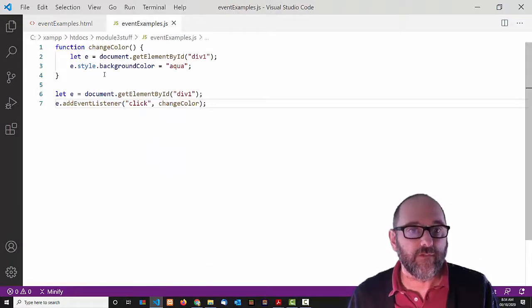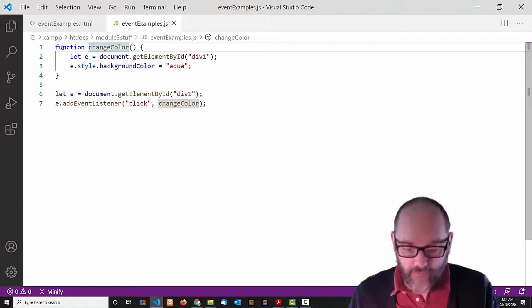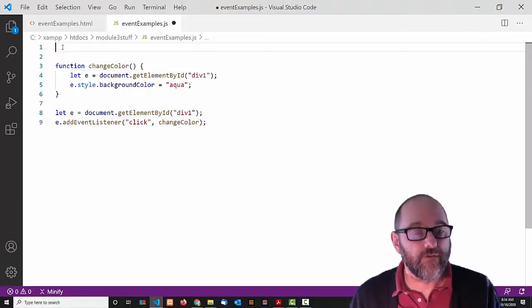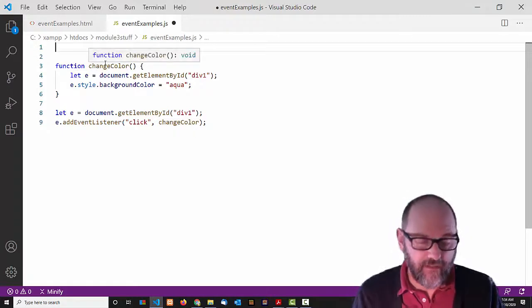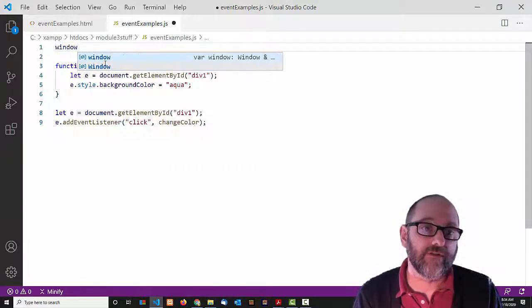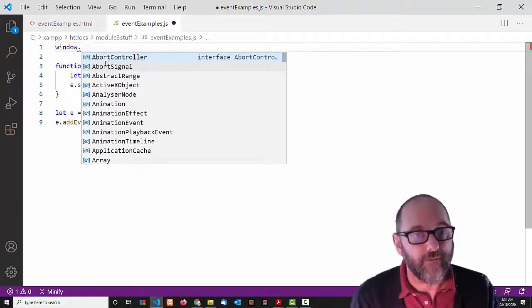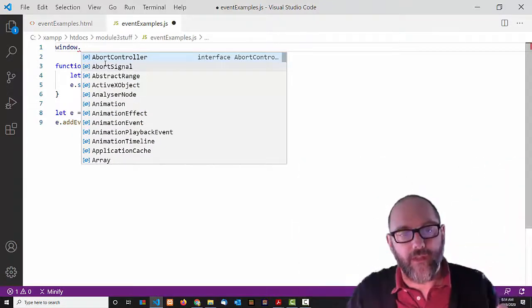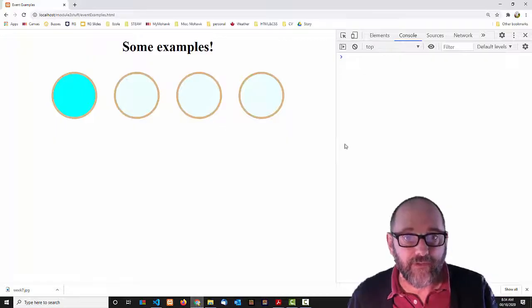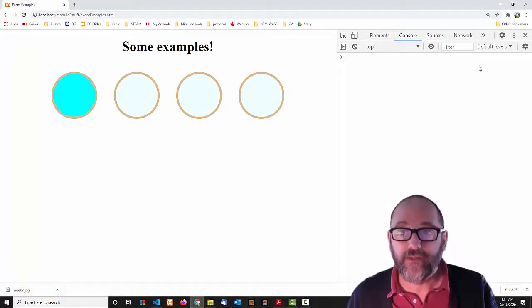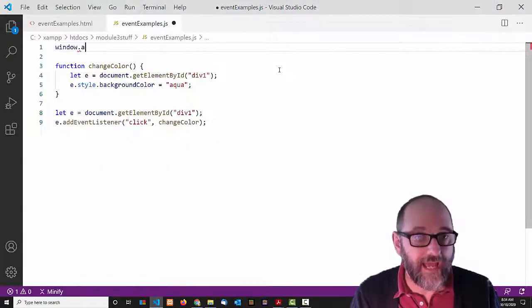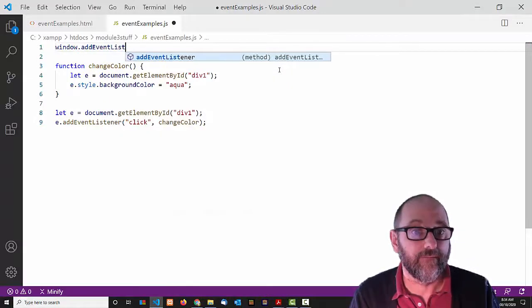So what we're going to do is we're going to do it a different way. We are going to create essentially a main method, and here's what it looks like. There's an object, just like there's an object called document. There's an object called window, which stands for the whole frame around the pane that we're in. So the window object, I believe, is this inner pane here. So that's the window object, and we're going to add an event listener to it